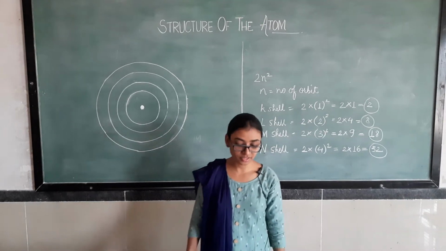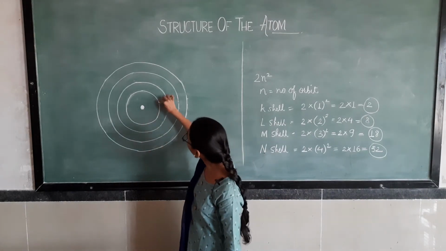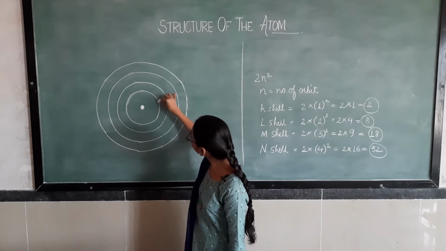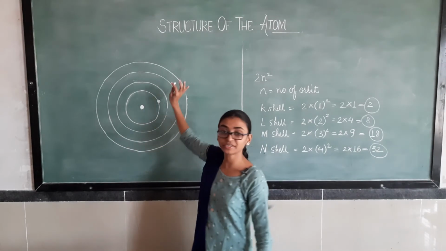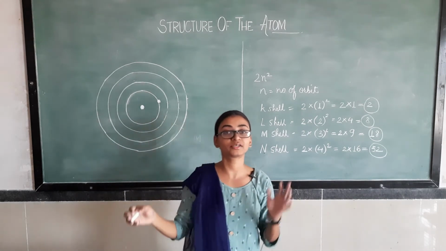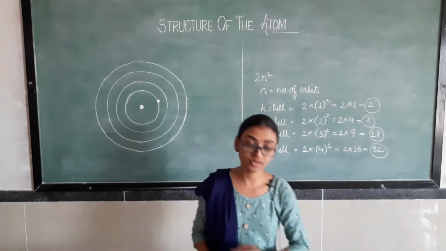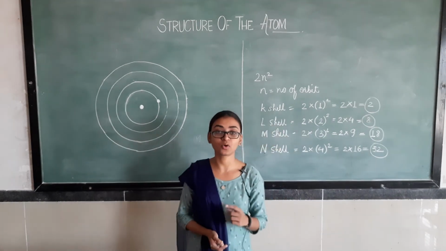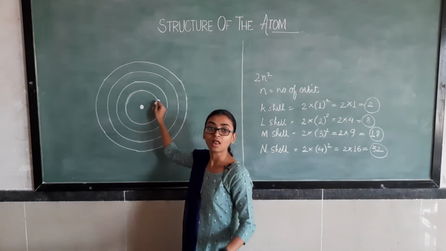That's why its electron will go in the K shell and only one electron will be there in its K shell. Just look at the book, as I have so many shells, I haven't drawn them all here. I'm going to show you all the electron arrangements in this picture only, as I do not have that much space. So hydrogen has one electron, and that one electron will be arranged in the K shell.